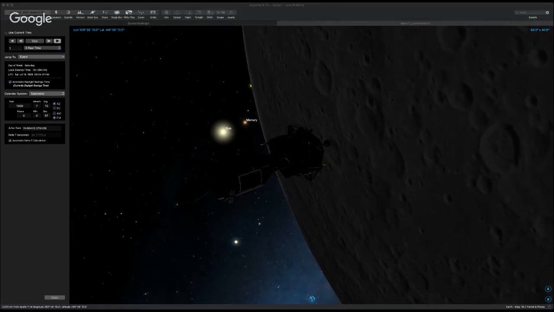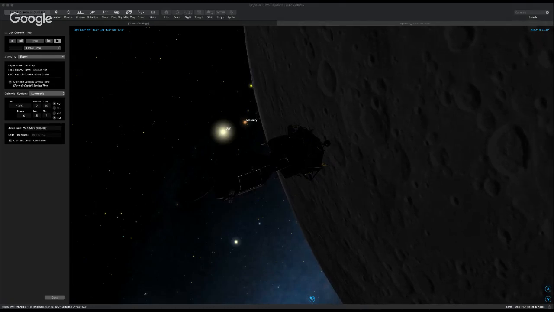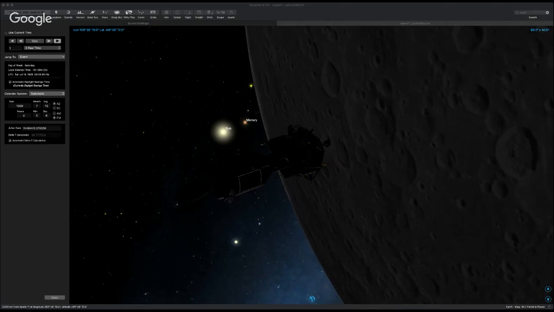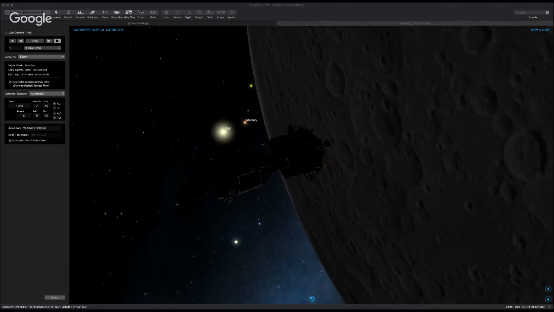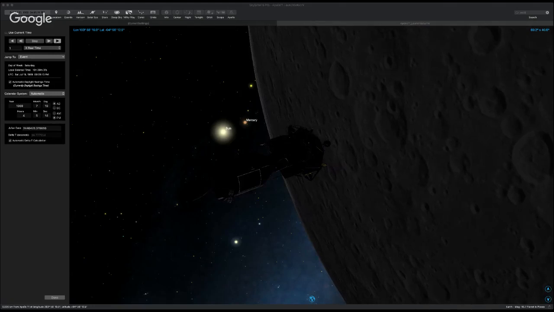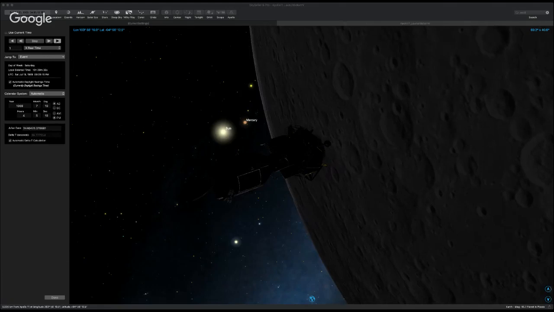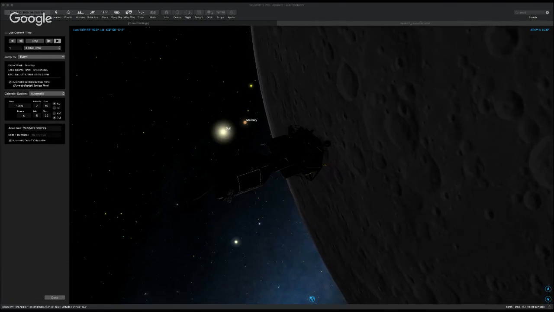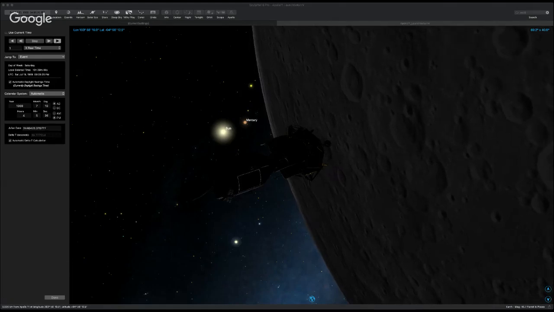I don't have an exact mission breakdown of what they would have been doing at this particular point, but I'm assuming they would have probably been pretty tired from this long of a flight over there. So they would have probably been maybe sleeping or doing housekeeping items. They probably had a checklist. The mission checklist was probably 10 miles long. So they were definitely probably working on either systems, taking naps, whatever they had to do,